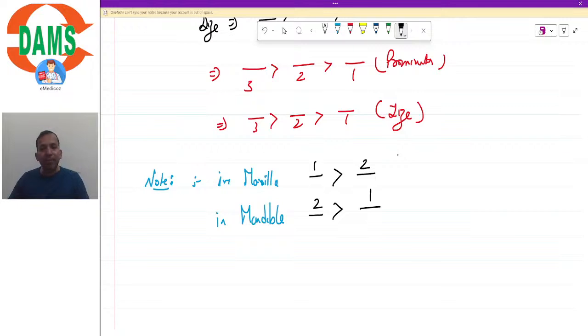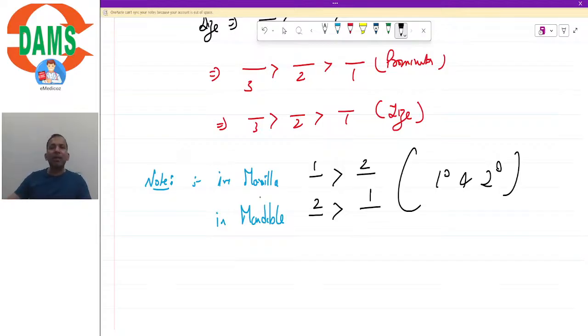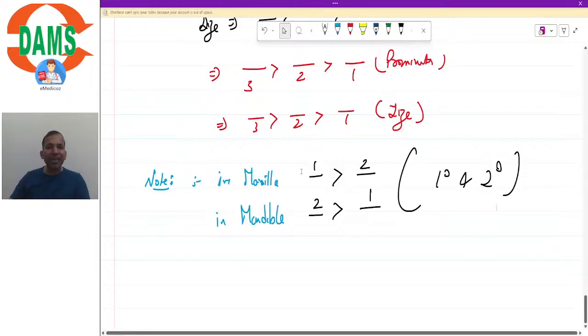So in primary we will say A larger than B in maxilla, and in mandible B larger than A. So that you can do on your own, right? So what is the basic point? In maxilla central incisor is larger than lateral, and in mandible it is the lateral which is larger than